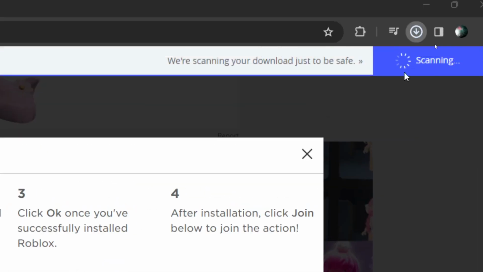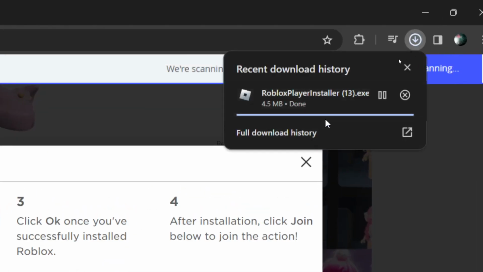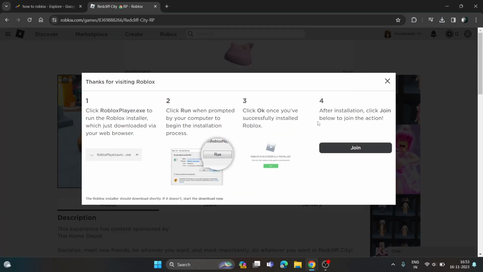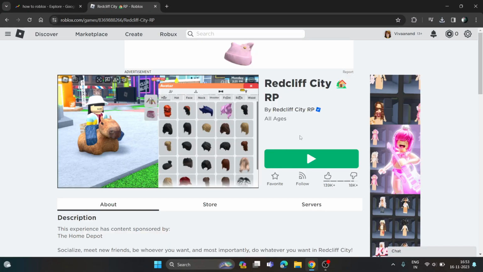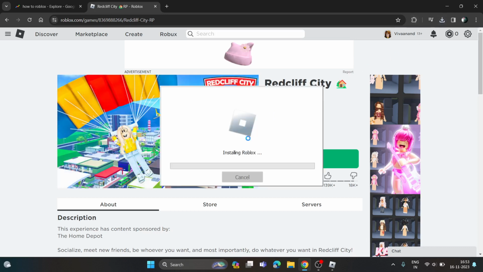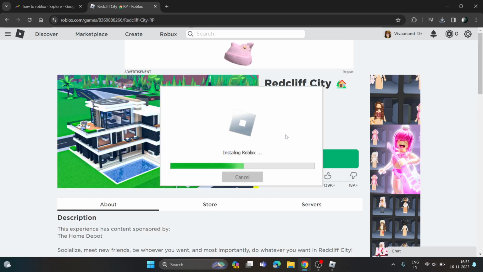Now the installer will be downloaded on your browser. Just on your system, click on it to install or reinstall your Roblox. An installer will open and it will try to install your Roblox app on your PC or on your system. So see,